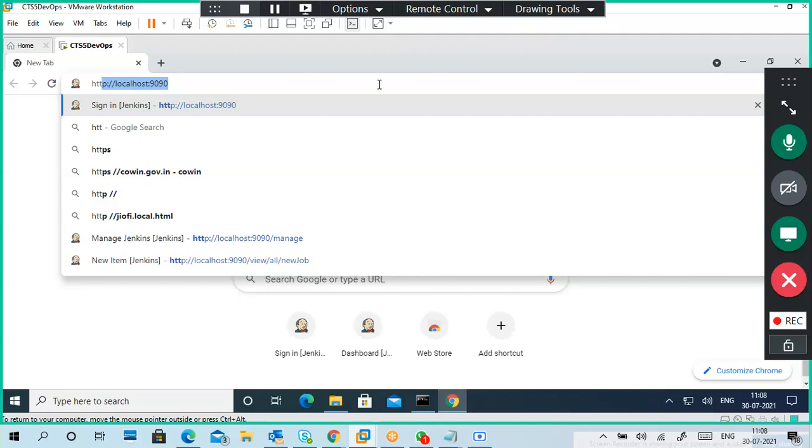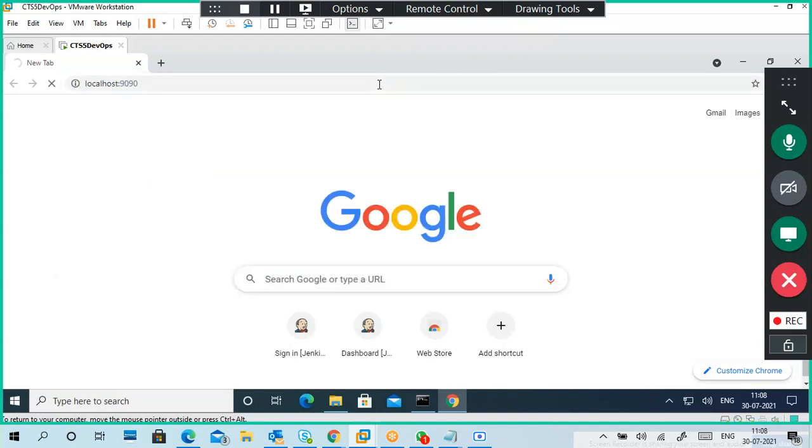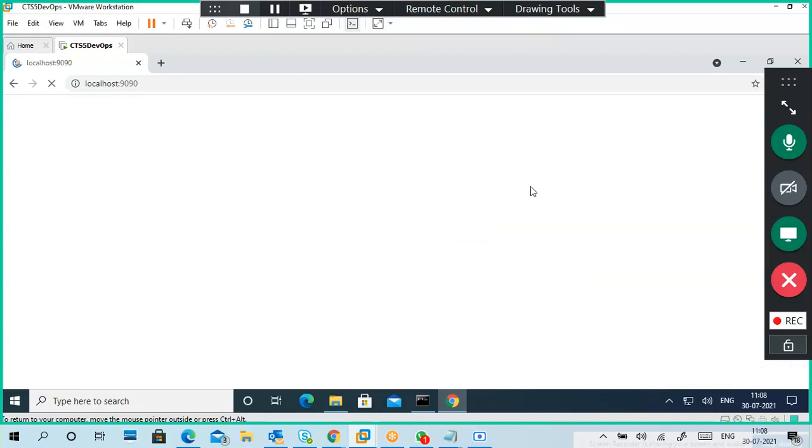Jenkins uses other applications in your PC, then it will utilize them like that. So this is my open. So localhost 1990. What is the meaning of localhost? Server is the same as the current PC. Very good.